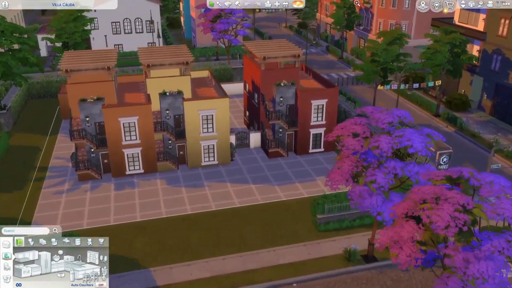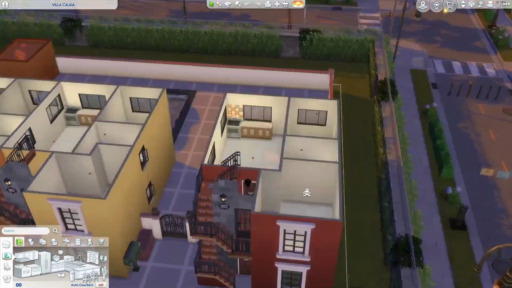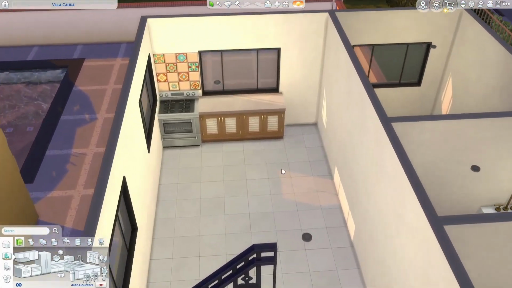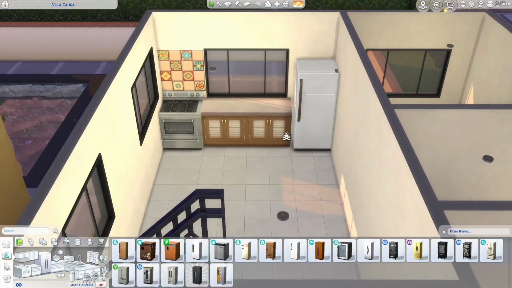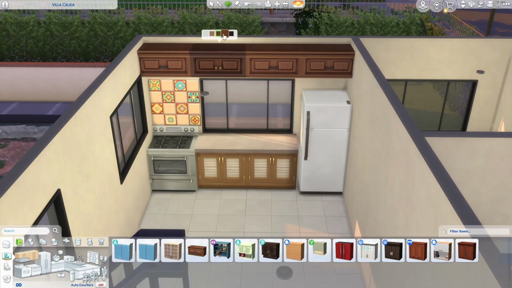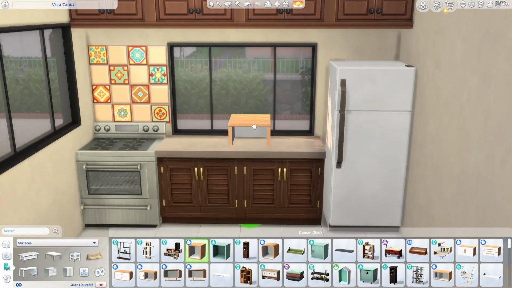Everyone! In this video we're going to be decorating the second duplex in this lot here in Ciudad Enamorada. I think this is the Villa Cálida lot, the one with the vacation rental. But anyway, I built this apartment complex a while ago actually, and I think